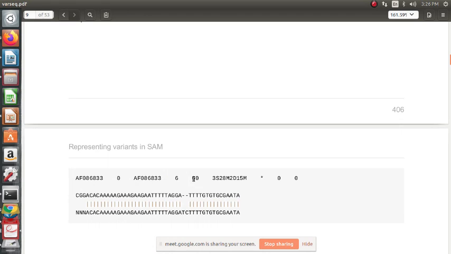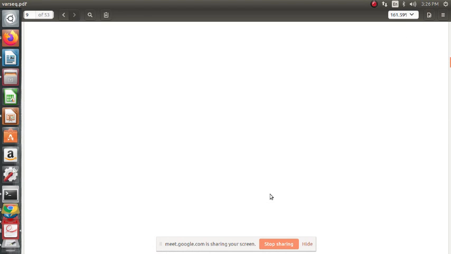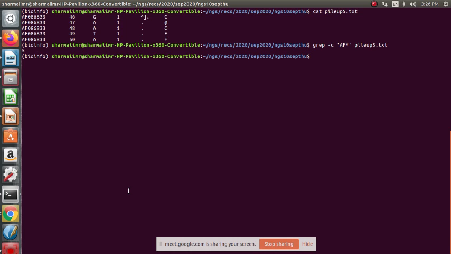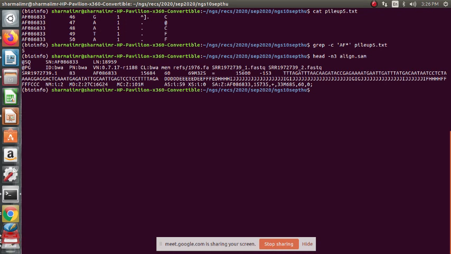So if we check the SAM file also, head -n3 align.sam, yes, this column is 60. The mapping quality is 60, so we already got 60 there.